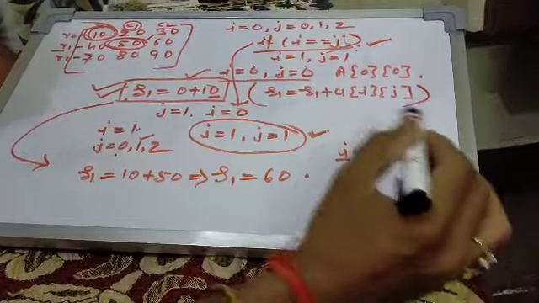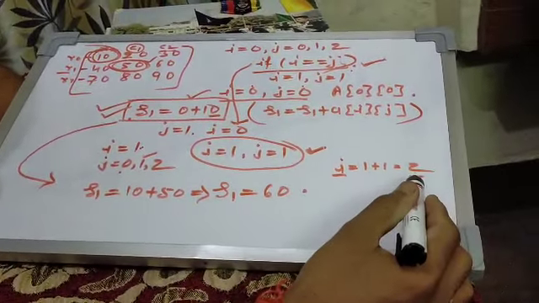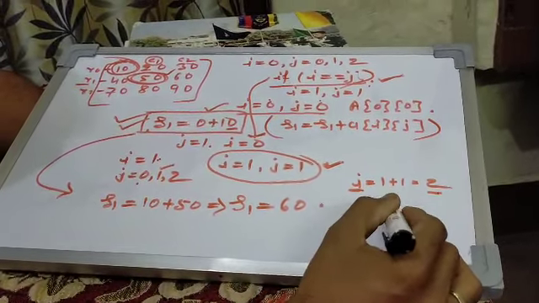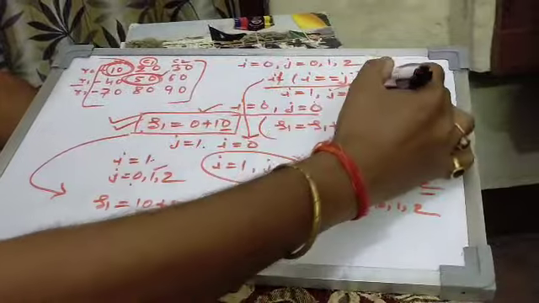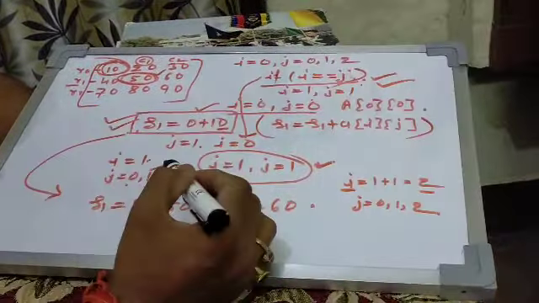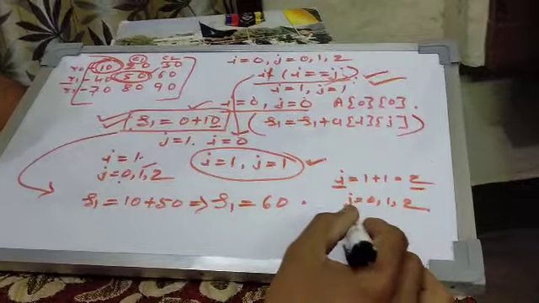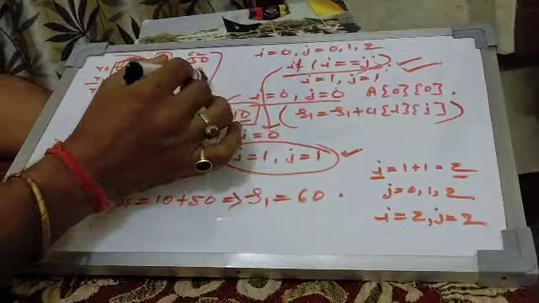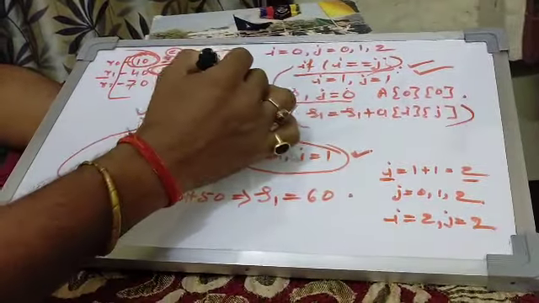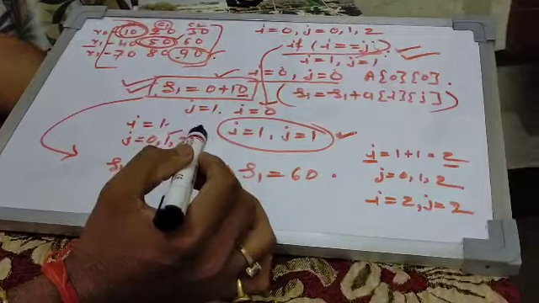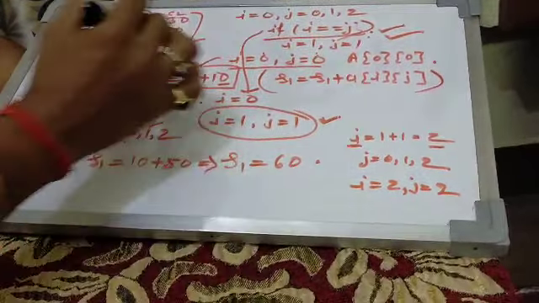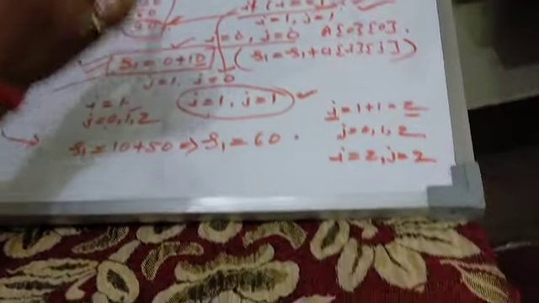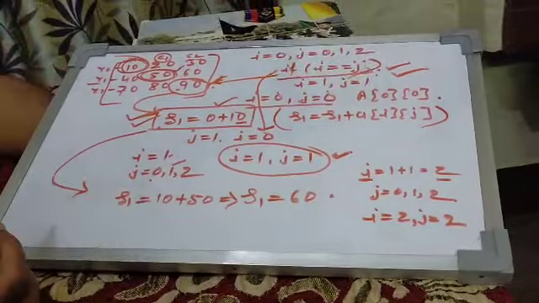and for I is equal to 2 again the whole loop of j will be executed. So for I is equal to 2 again j will be 0, 1 and 2, but according to this condition, if I is double equal to j, only I is equal to 2 and j is equal to 2 will be considered. So location 2 2, element 90 exists, so this element will be considered, and according to this condition this statement will again be executed.